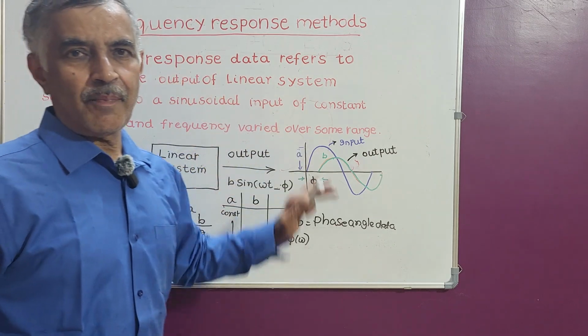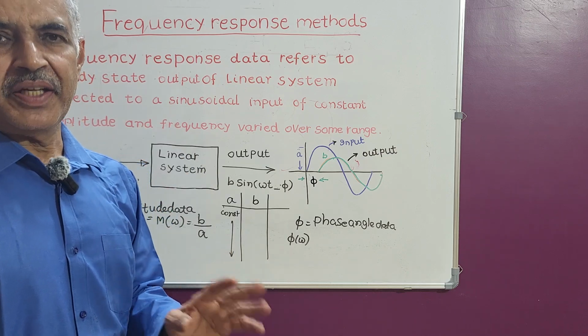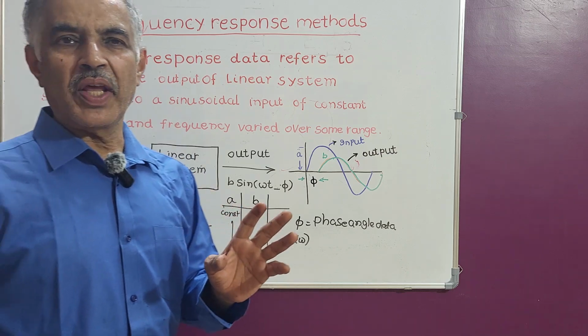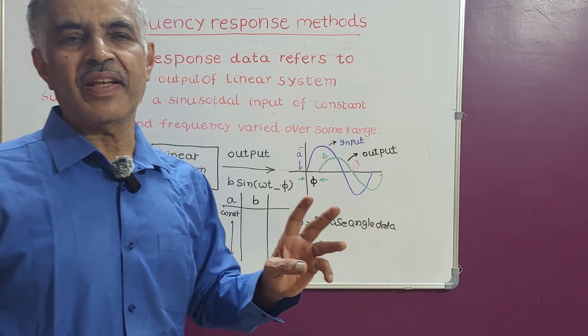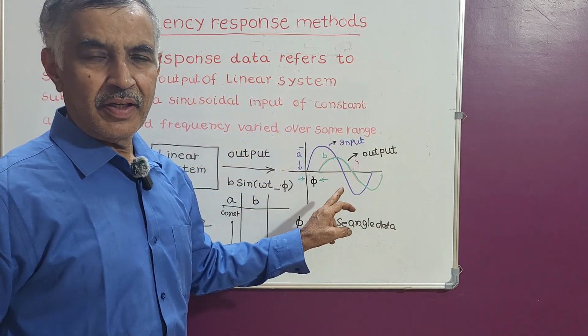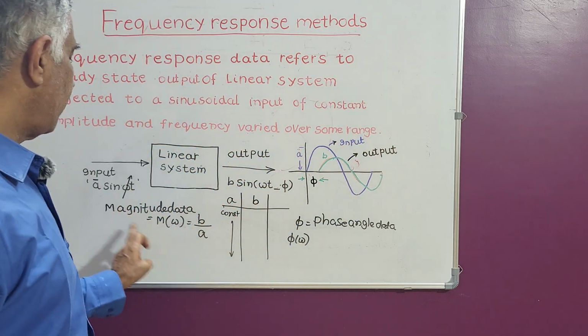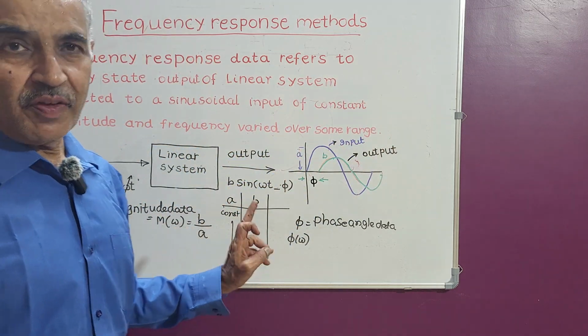So in this class, I have explained what is frequency response method and what are the good examples of frequency response analysis experiments, and then what is frequency response data. So with this, I will